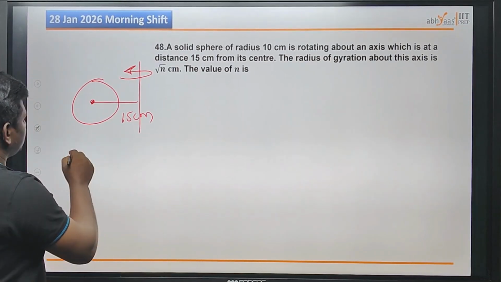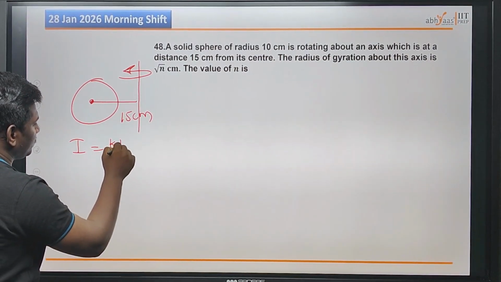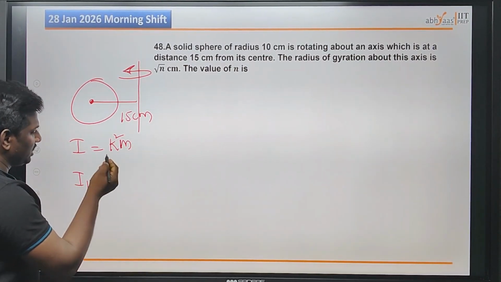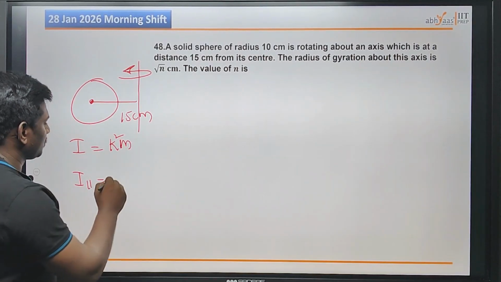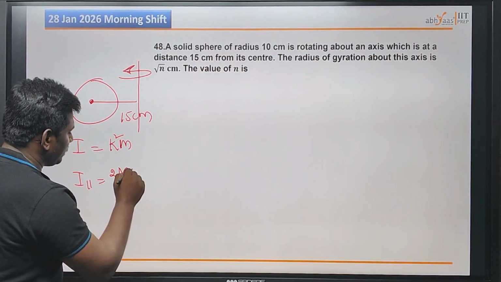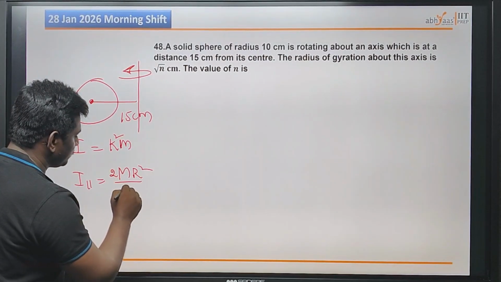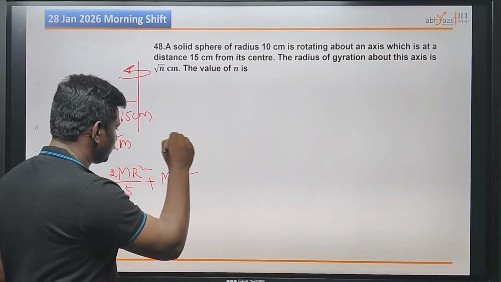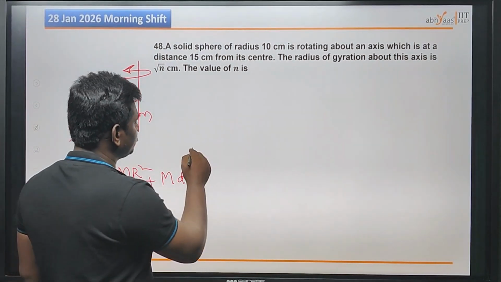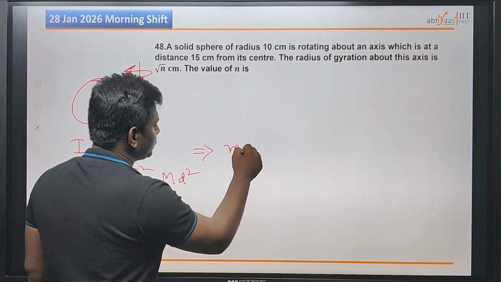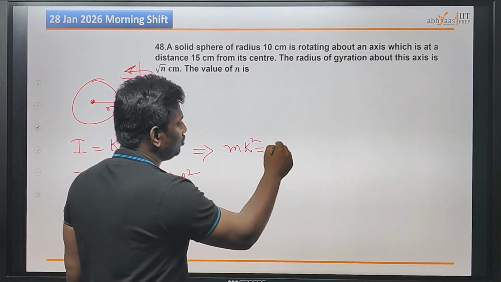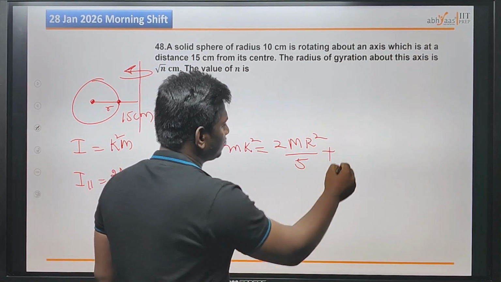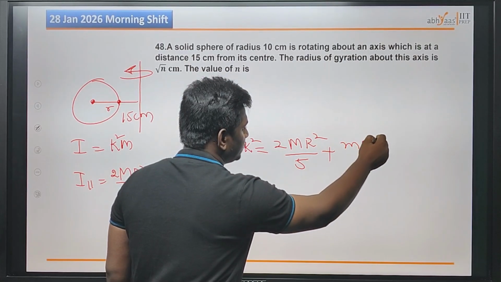Radius of gyration, that is I equal to mk square. What is the I parallel in case of solid sphere? 2 by 5 mr square, plus md square. So equate these two. From here, mk square equal to 2 by 5 mr square plus md square, m gets cancelled,